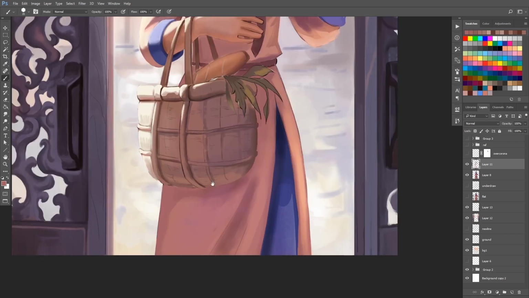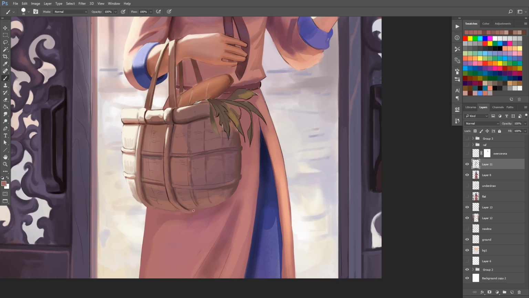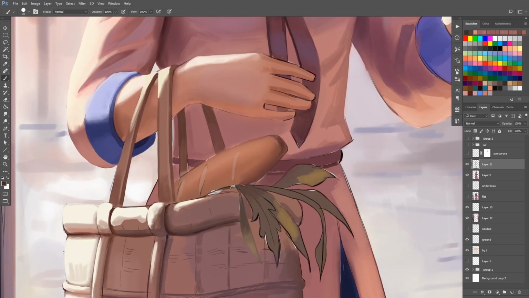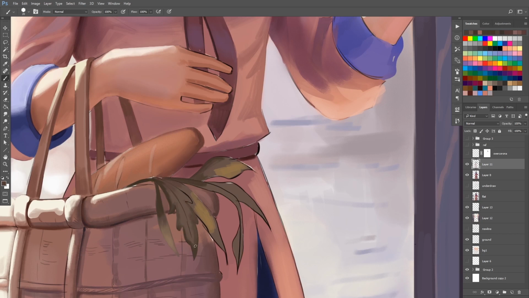You'll see here, even towards the very end of rendering, I am still using just the same few brushes, one that's hard and one that's soft, and you're just working between a combination of those things where you're trying to enhance some edges and have other ones fade away. By doing so, you're controlling the textures and the silhouettes that you're trying to get across, and thus affecting the read. I go on a lot about the read of the piece, but that's the most important thing you can think of